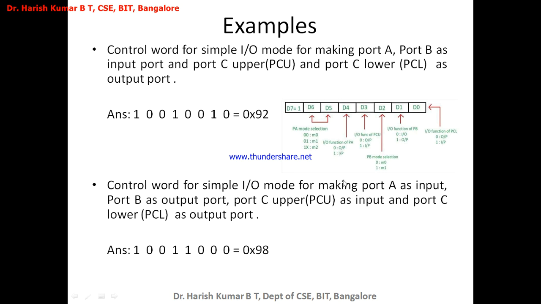Okay, now I'll come here. What do I have to do? Port B, I have to make it input. Since it is input, I have to make this bit 1. Next, D2 is the mode of port B. In which mode do I have to operate? The simple IO mode. To make port B operate in simple IO mode, I have to give it 0. See here, mode 0, to make port B operate